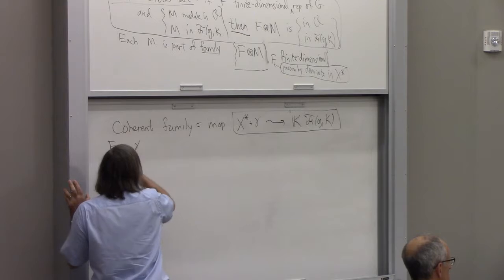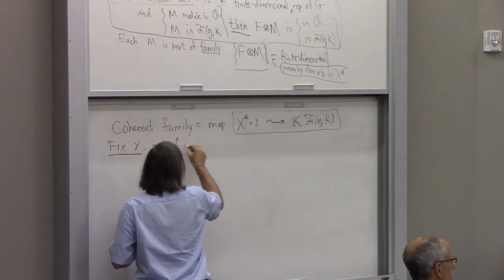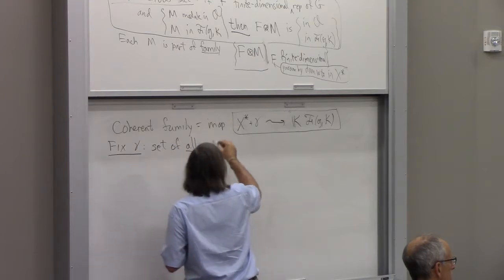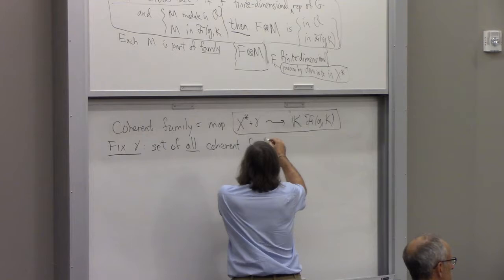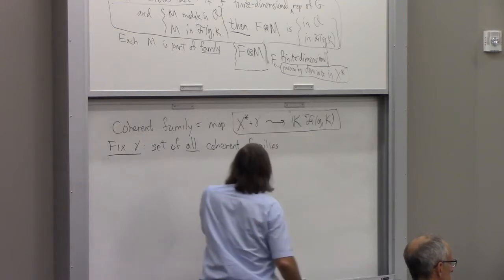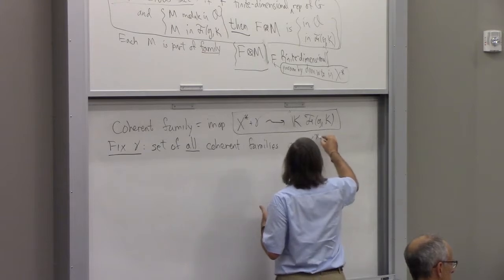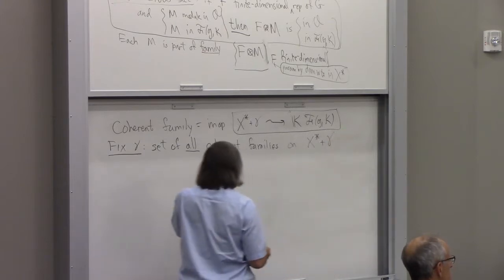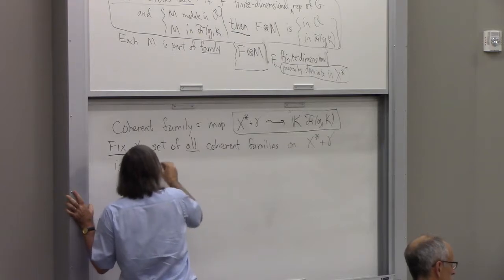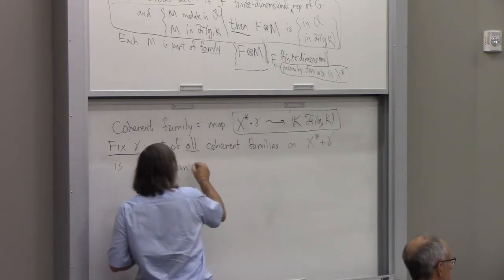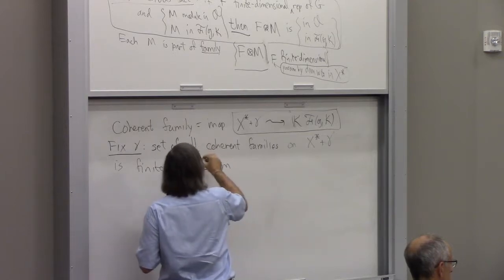If we fix gamma, this set of all coherent families on x star plus gamma is a finite rank Z module, a free Z module,